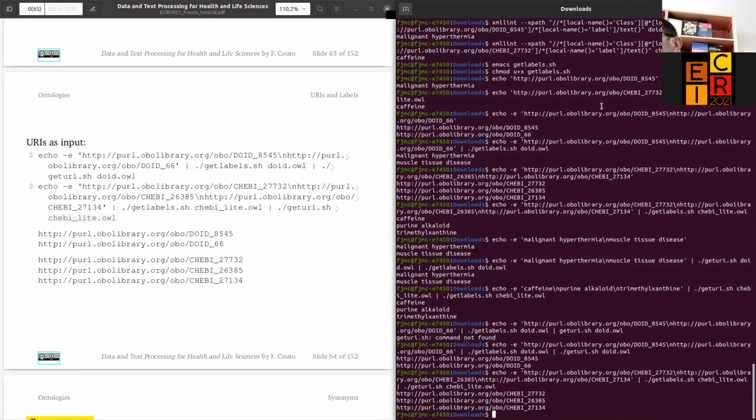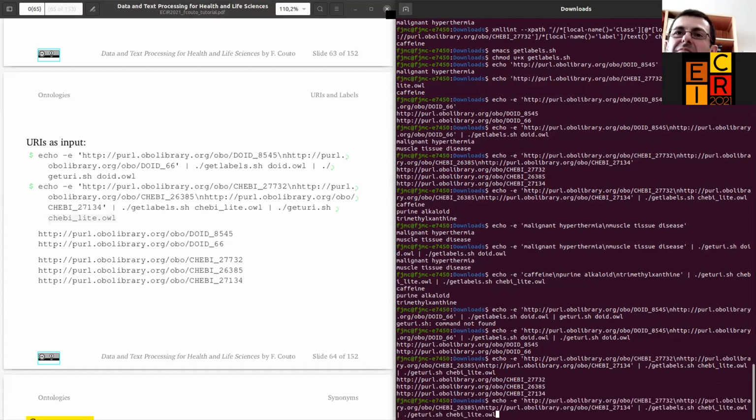regular expressions, because in here, since we are using Shishpaf, we are just using the name of the classes. So we are like using SQL. We are just trying to find which part of the hierarchy is there. So the easiest way, if you don't want to go too much in detail, if you want to find all the diseases that have hyperthermia in the name, we can just